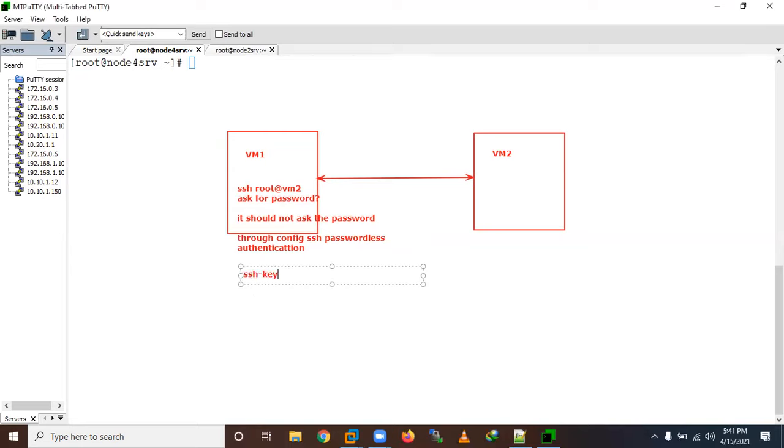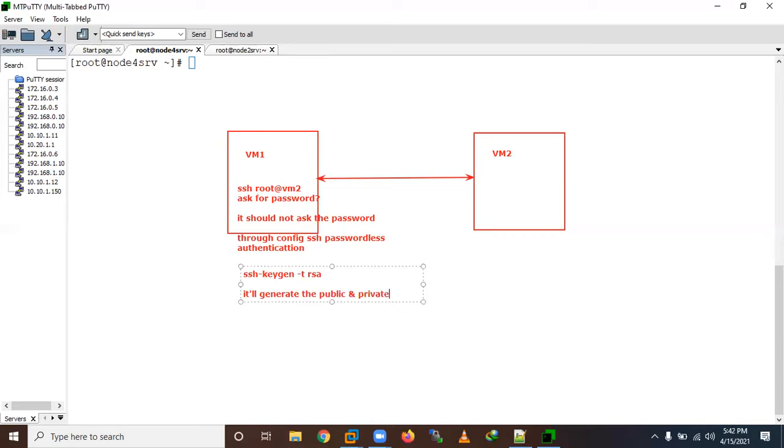ssh-keygen. We'll generate a public key. It will generate the public and private key.